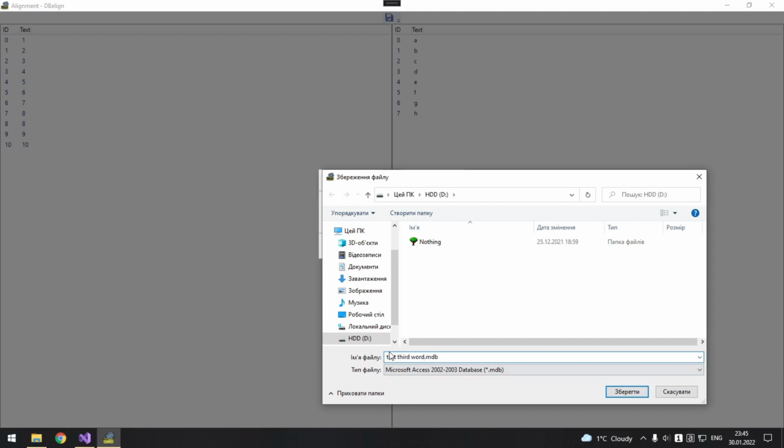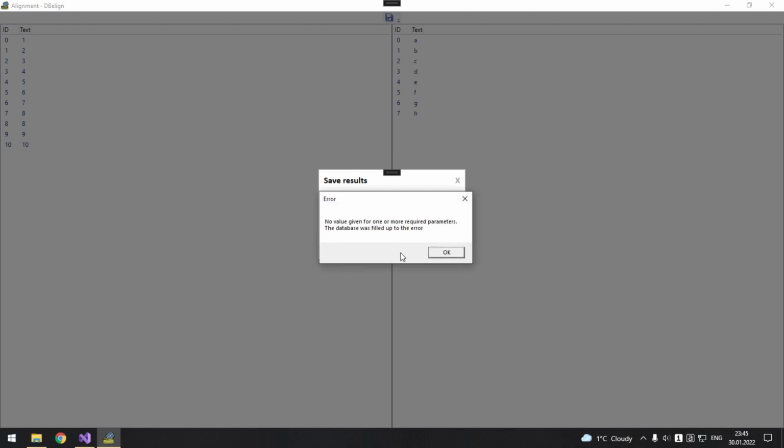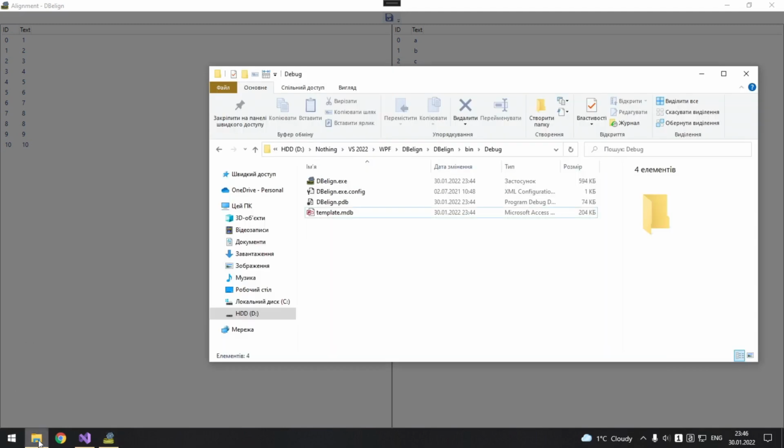I specifically wanted to include white spaces to test whether it can actually save with them. Okay, save, and the table name will also contain a white space, so table 1, we have a white space here. So let's save. No value given for one or more required parameters. The database was filled up to 0.